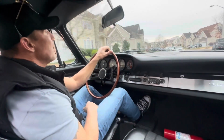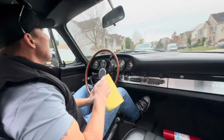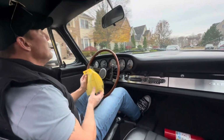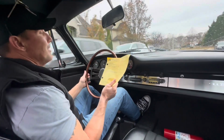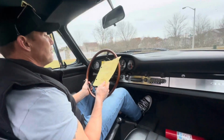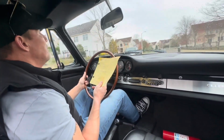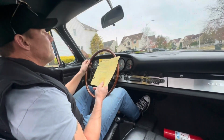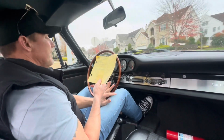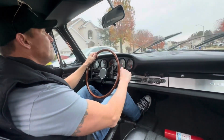One owner car from new, right down. When you look at all the service receipts and records that come with this car from new, they all have the same name on it. I mean, one owner car. This is the original sales document, the sales agreement from University Volkswagen in Pensacola, Florida. Car was purchased November 4th of '67. They paid a whopping $5,273.09 for this car, which my good friend Philip Richter told me was